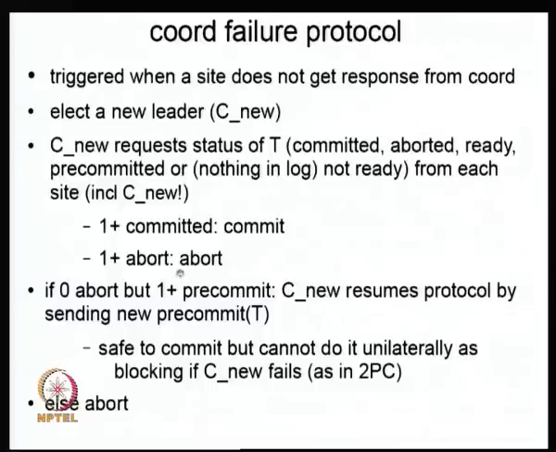So this essentially gives you a way of making forward progress. It is not exactly the same as the previous situation, but what happens is that we have to do this electing of a new leader. Every new leader goes through the same phase, and this can keep on continuing. Okay. So, because it can keep on continuing, essentially there are no guarantees about liveness here also. Okay.